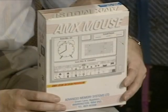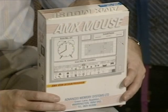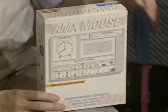This is one of the best-selling hardware add-ons this year. It's the AMX mouse, and you can get this for the BBC computer, the Amstrad or the Spectrum in a price range of about £70 to £90. But to capitalise on that a bit and give you some extra facilities, AMX...